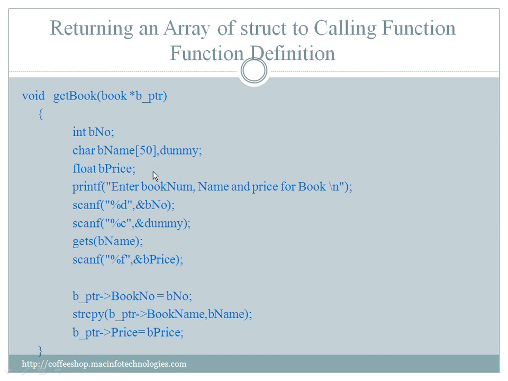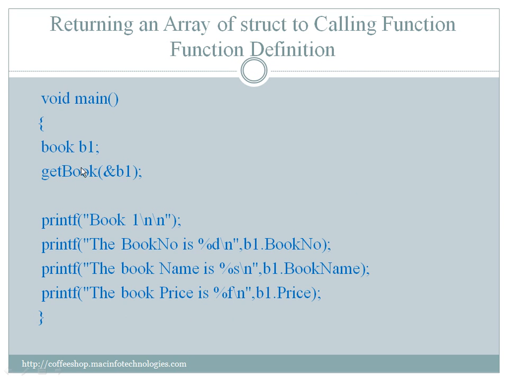So B pointer, to point to the individual values of the book, we have to use B pointer dash arrow mark book name. A string copy, again we are copying the value taken in B name to B underscore pointer dash arrow mark book name. And again, to put the price, we have taken price in B price in this function. We have to put that value into the actual book. The pointer is pointing to the book and we have to place it in the individual location, price. So we use this notation to give the values. Once we call this function, we can take the values for all the individual features in